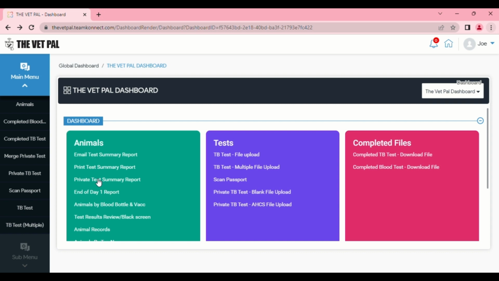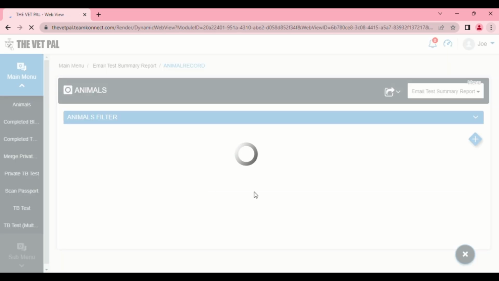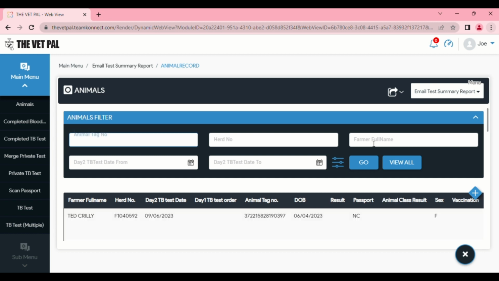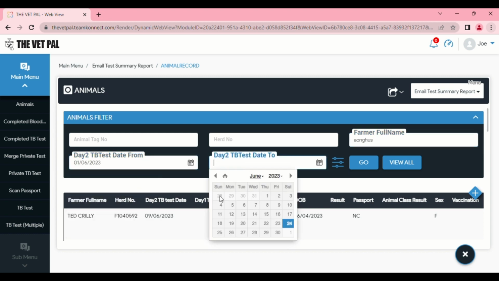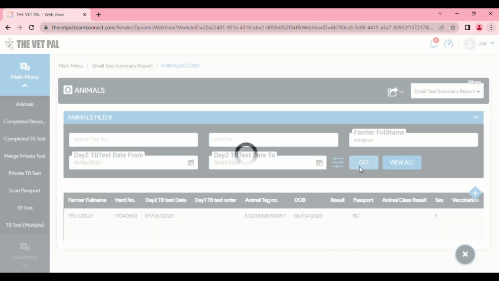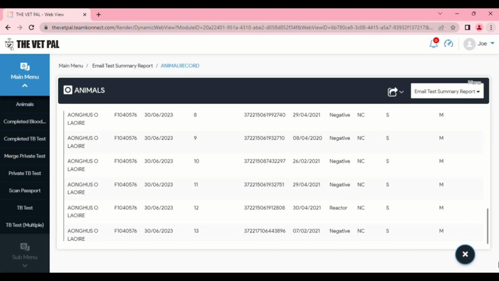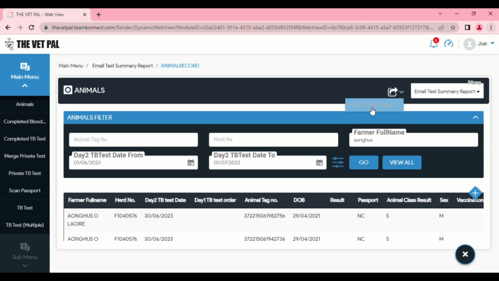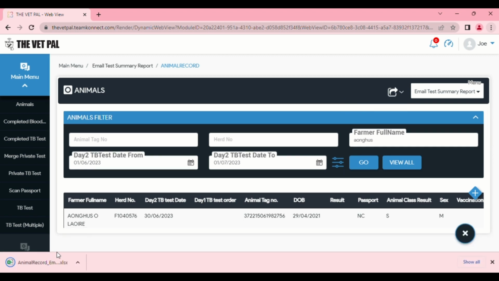The next option is an end of day 1 report, which is only relevant if you're printing it between day 1 and day 2. Okay, you can click email test summary report, which is very similar to print test summary report, but there is far greater detail in it. So what you would do, you would filter it based on the farmer's details, and then you should have 16 animals, you will export that,